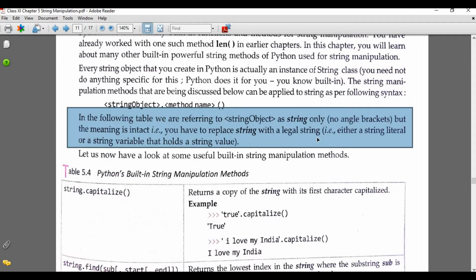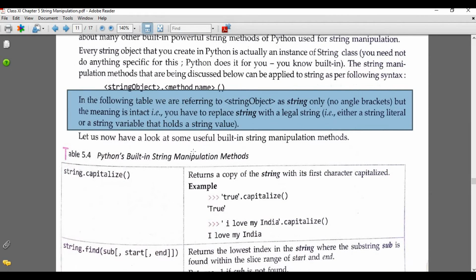Legal string means all the characters enclosed in either single quotes or double quotes. That is either a string literal or a string variable. String literal means a string constant: once you have decided a value and written it in double quotes or single quotes, it is considered a string literal, or a string variable that holds a string value.